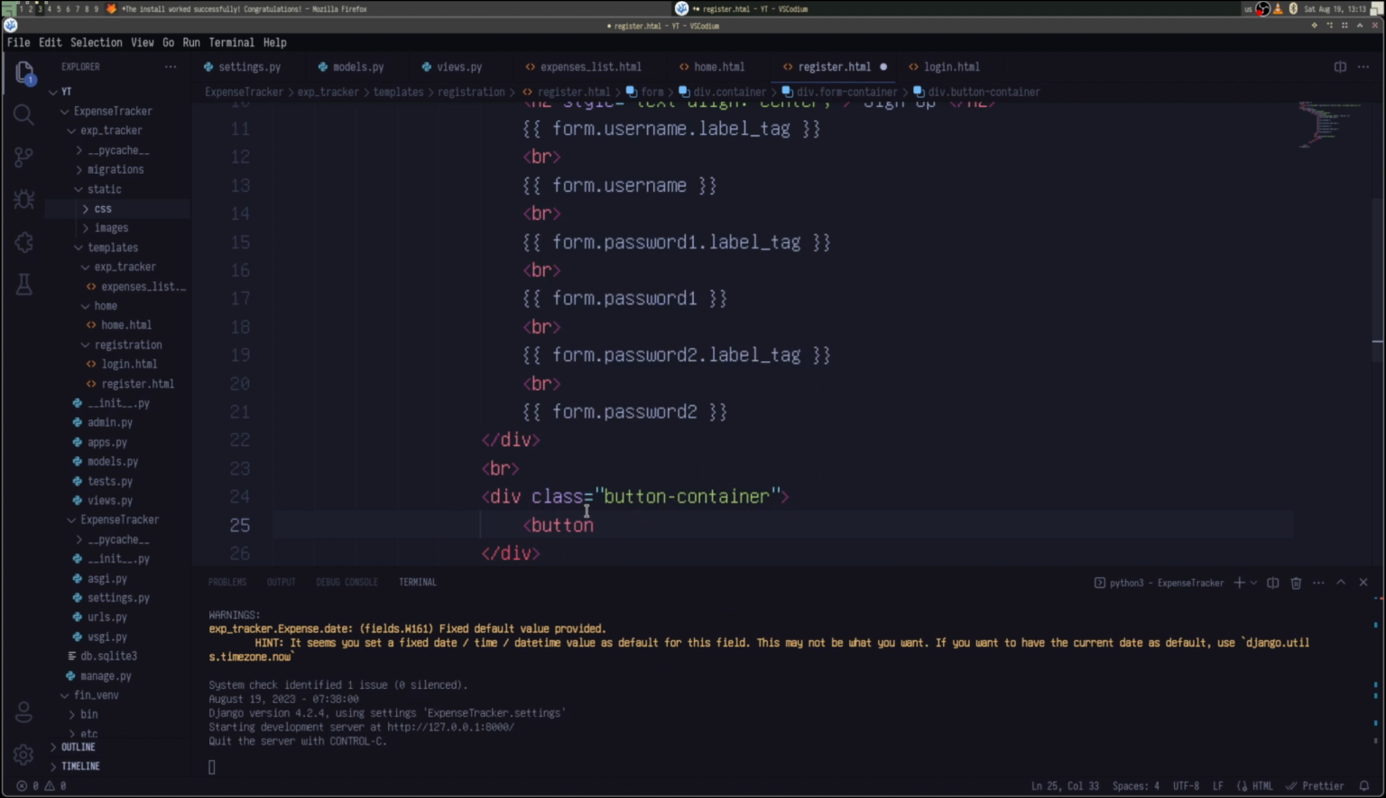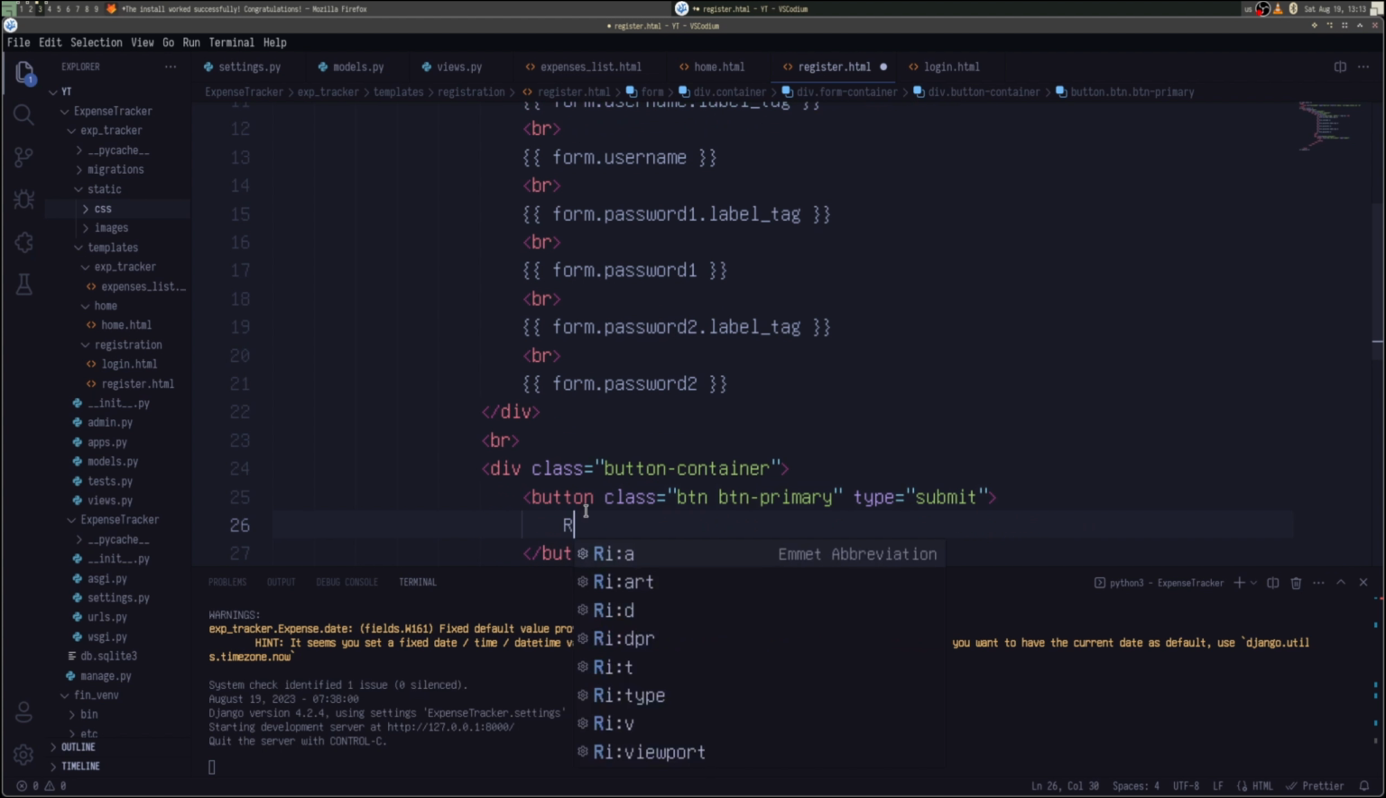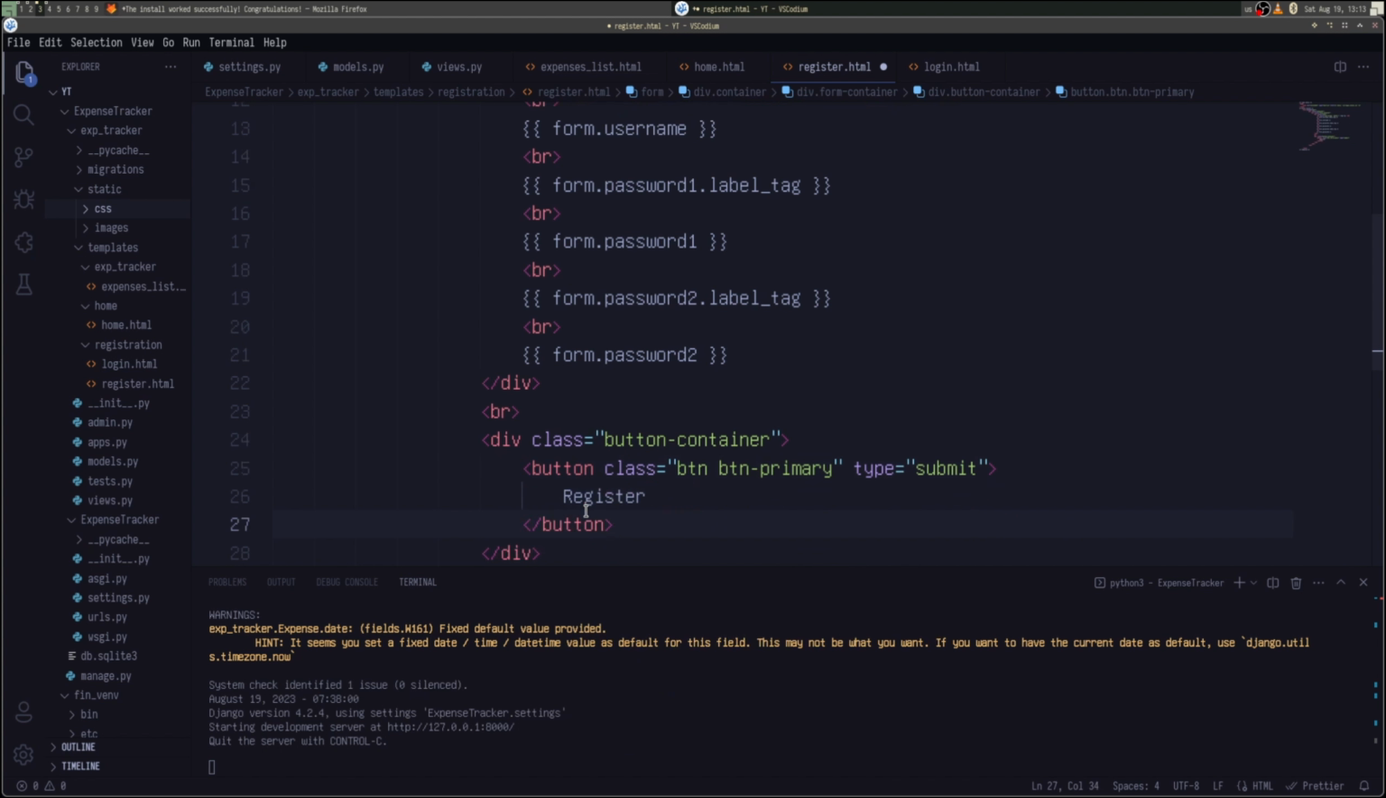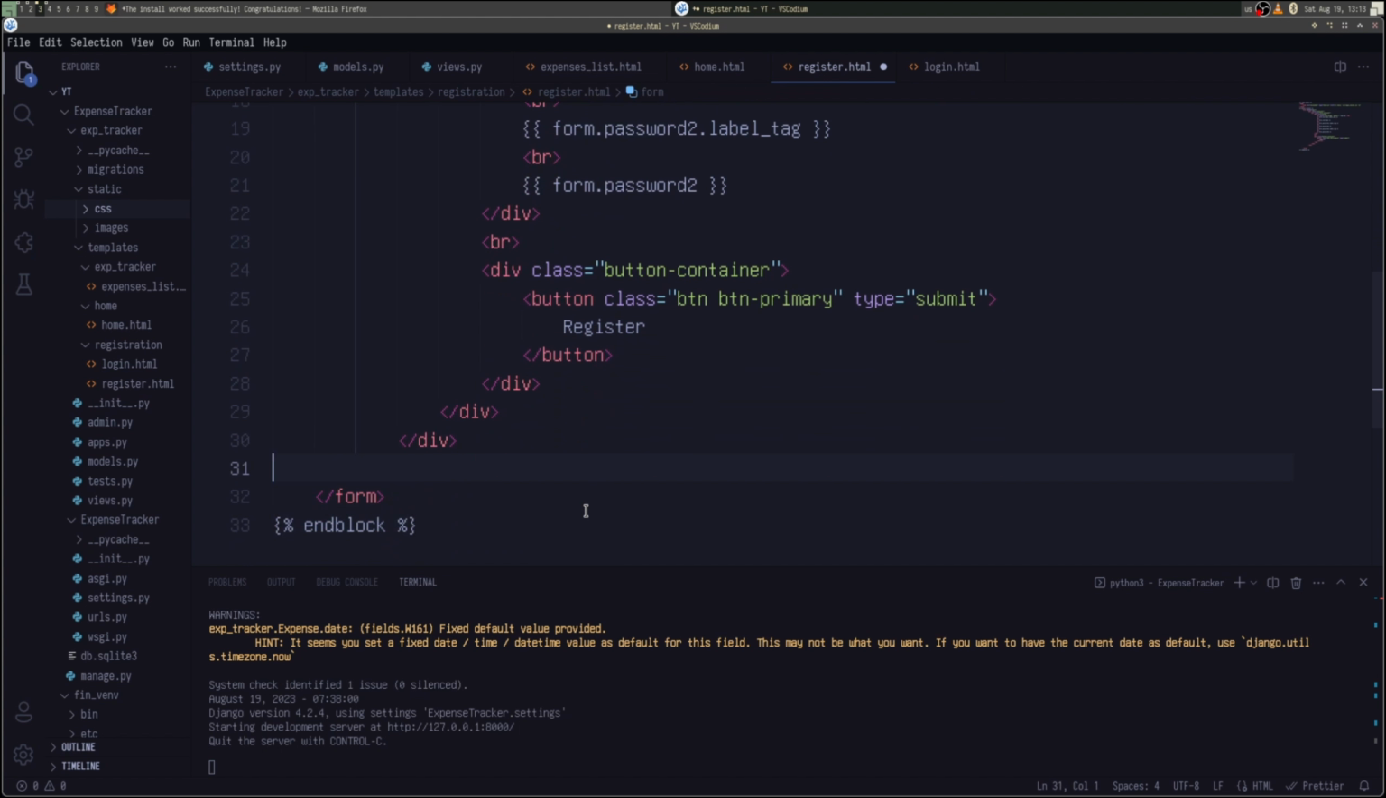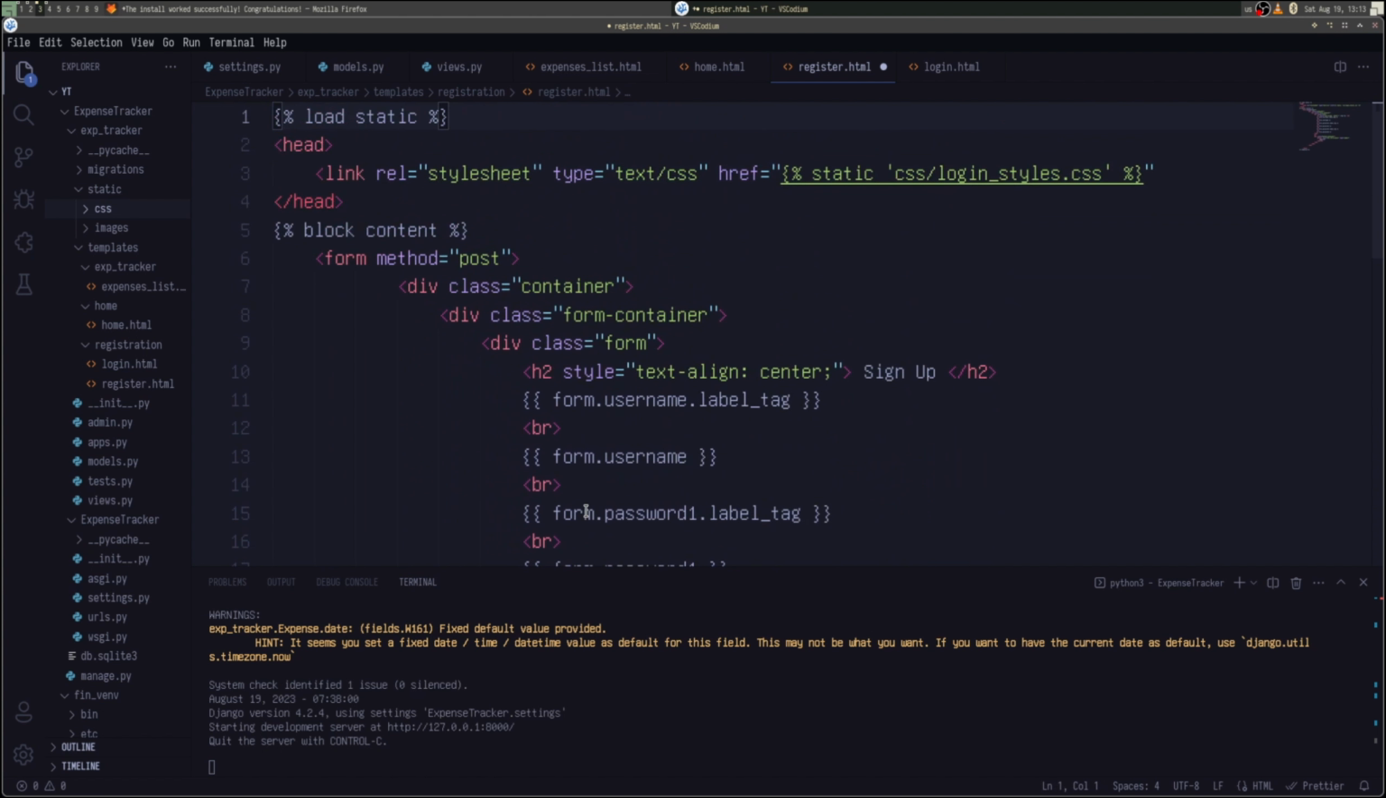Here we'll start by making a button tag. We're going to give it button primary, some classes here, some default classes which you can use in CSS or JavaScript to add some functionality. It will be called register. The form will end and the end block will end. Okay,